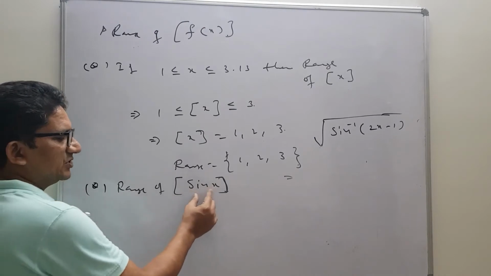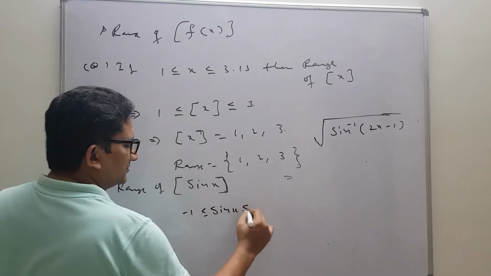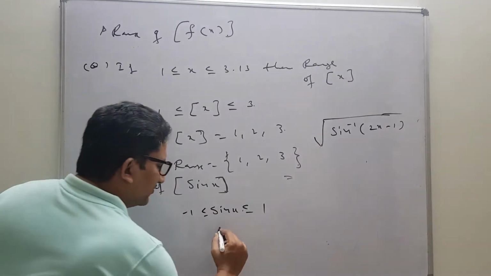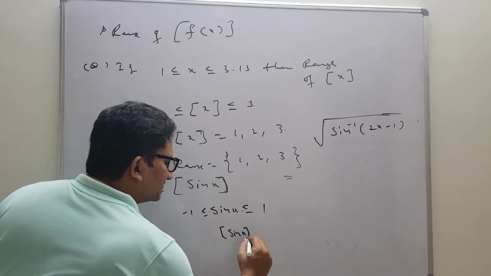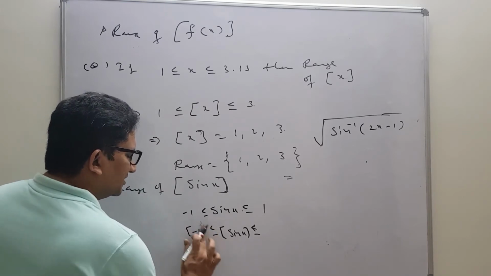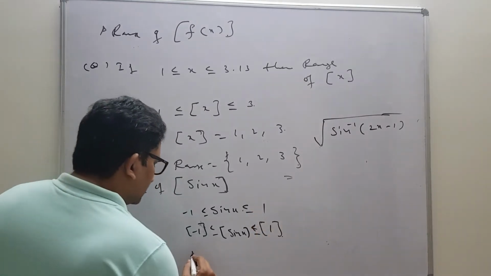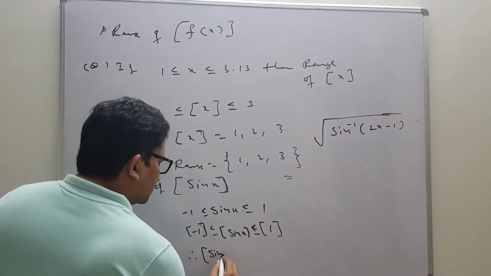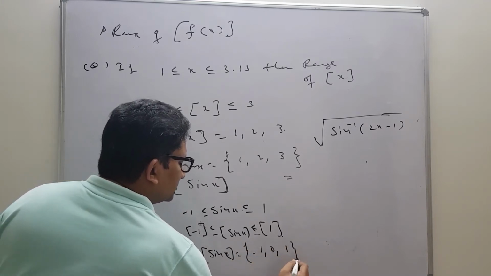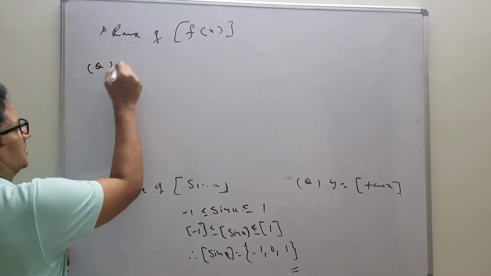So first we will think about sin x. So what output does sin x give? Sin x always lies in between minus 1 and 1. Now we need the status of step of sin x. Now step of sin x should lie in between step of minus 1 and step of 1. So therefore step of sin x, the possible integers are minus 1, 0, 1. That is your range.